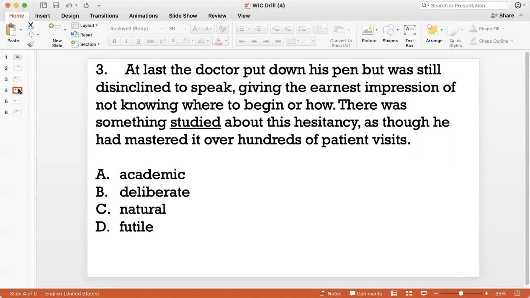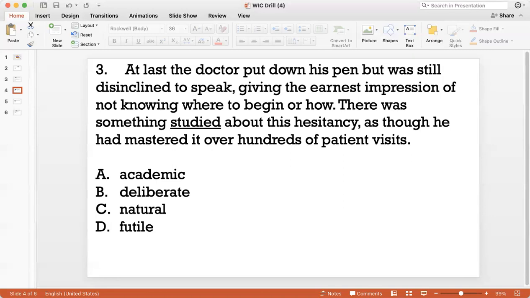But then the narrator says that there was something studied about this hesitancy. It wasn't natural. It wasn't something that was organic. It seemed that the doctor was putting on a kind of act, as though he had mastered it over hundreds of patient visits. So, as I said in an earlier video, that for any question or vocabulary in context, you